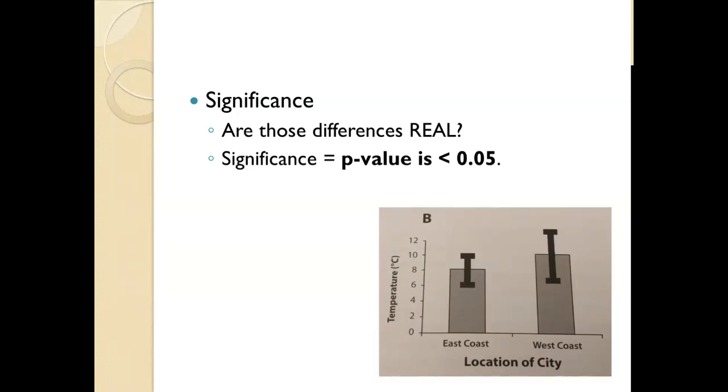So because they overlap, we would say we have no significance, we have no confidence in this data set to say that our relationship or this correlation we're looking at, maybe the east versus west side, rainfall or rain shadow, has any bearing on the average temperature or the difference in temperature from one side of the city to the other. So in general, anytime you see error bars overlap, we have to throw out our hypothesized model and say, this model doesn't answer this question. Either it's related to pure chance or there's another model that we have yet to explore.